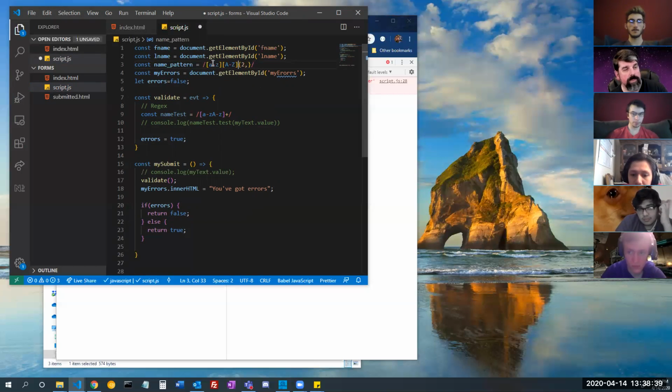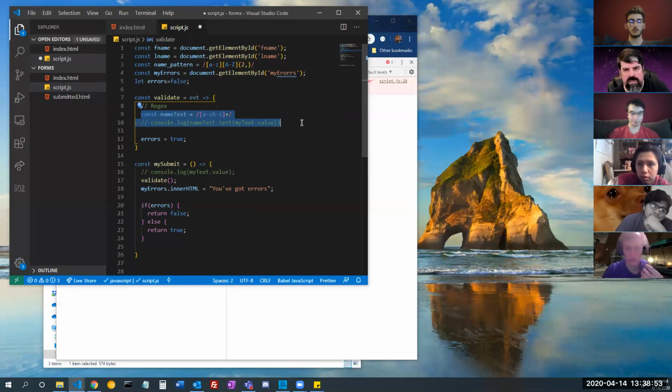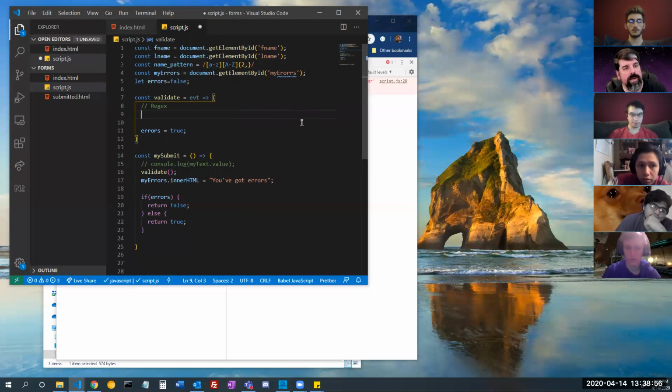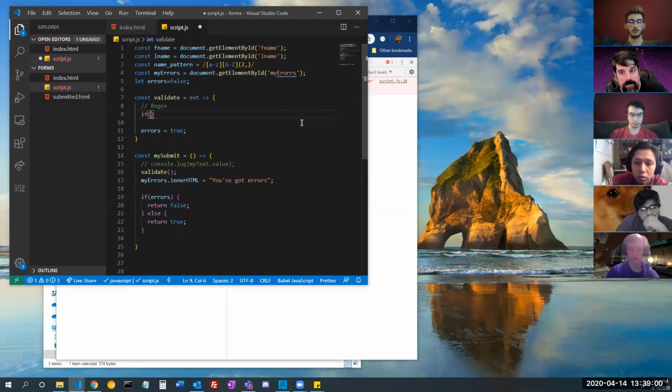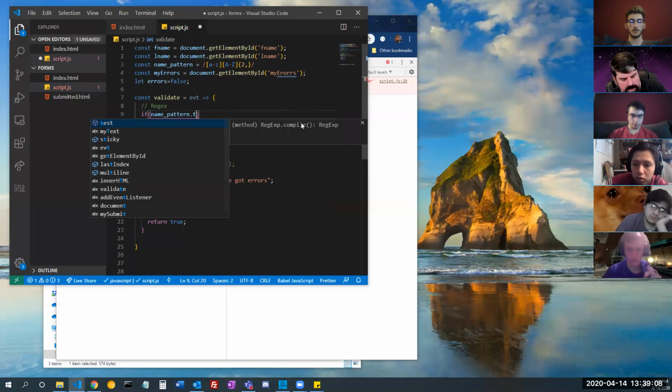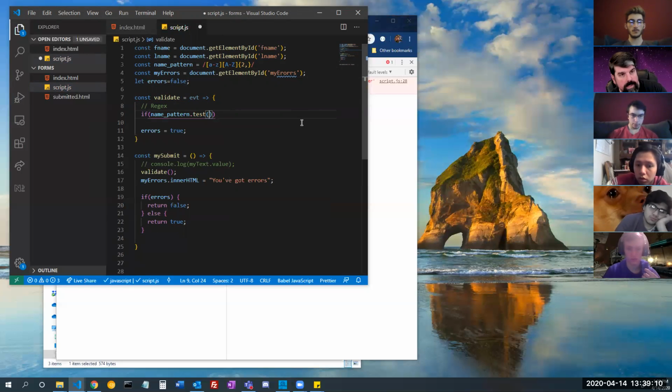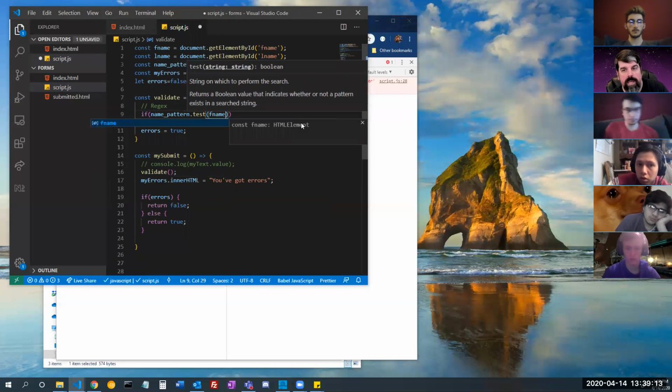Anyway, so I've got my name pattern here. And I want to test both of these, right? I need to test those against what I'm doing. So I no longer need this name pattern. I don't need any of this nonsense here. Okay, so I got to write my validate. And probably the first thing I want to do is let's test. And if I were to write test on, you know, testing name pattern against, I could do it against my fname value,